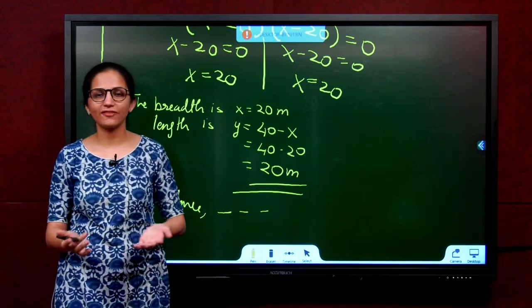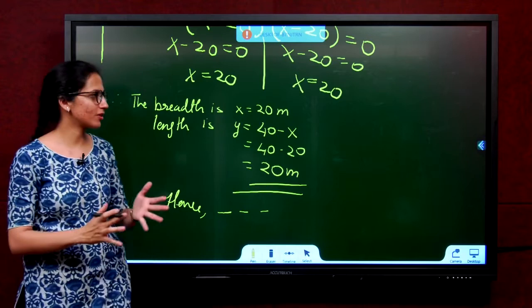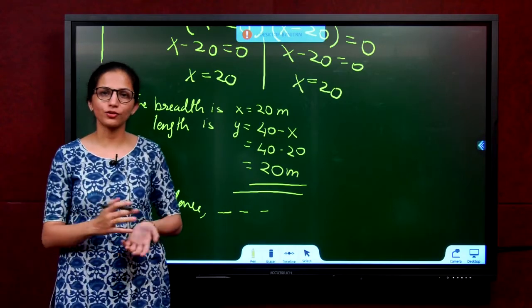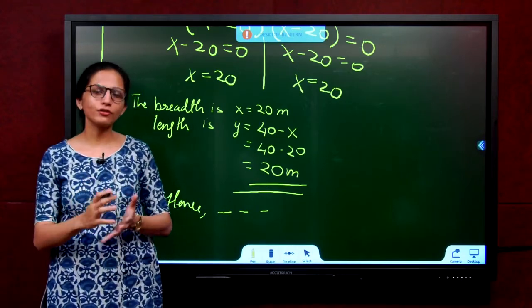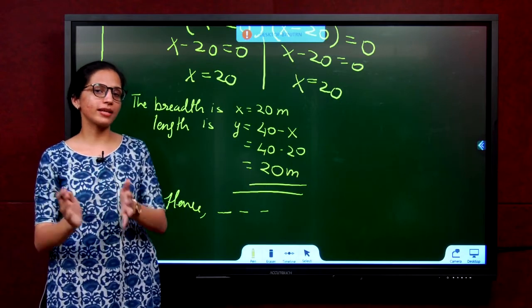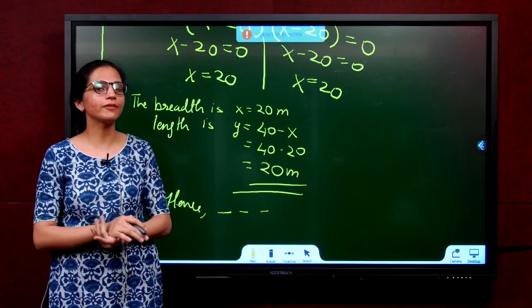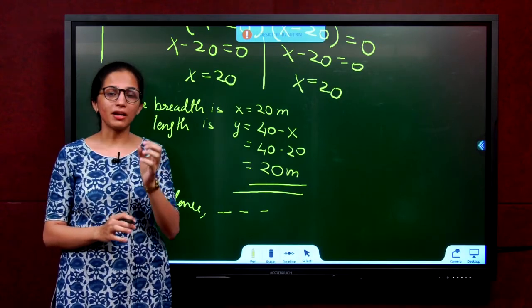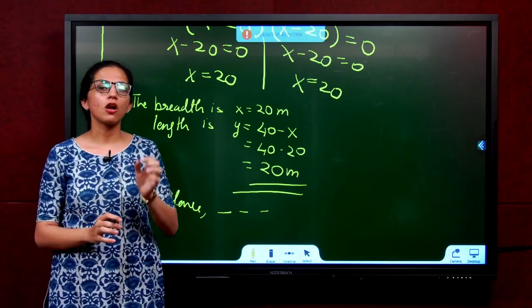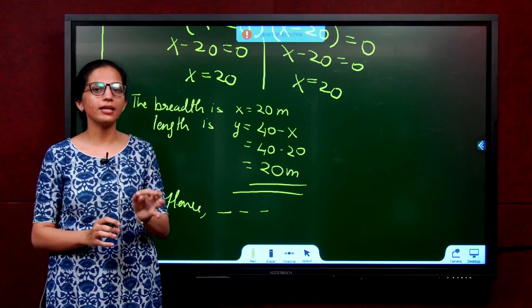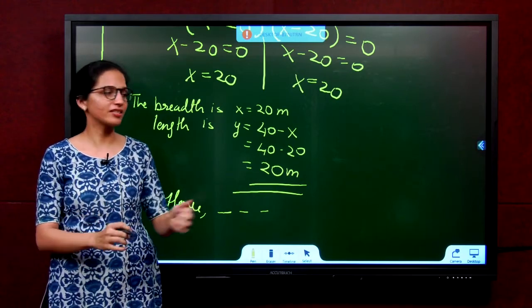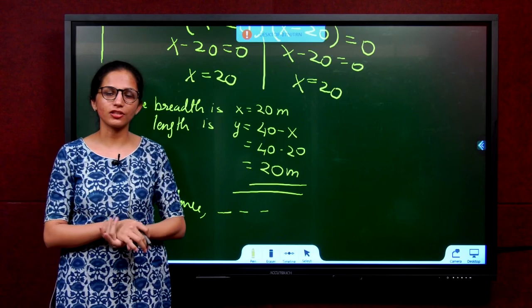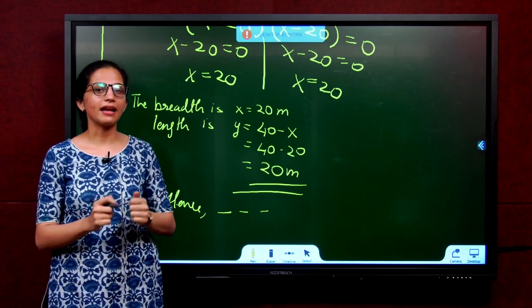So students, we have reached the end of the chapter. I hope the chapter seemed easy after going through the videos. If you have any doubts, please go back and revise the videos. We have solved every condition. Concentrate on factorization to split the middle term. Your multiplication should be strong. Concentrate on your signs as well, because if any sign changes, the equation itself changes. All the very best and thank you.